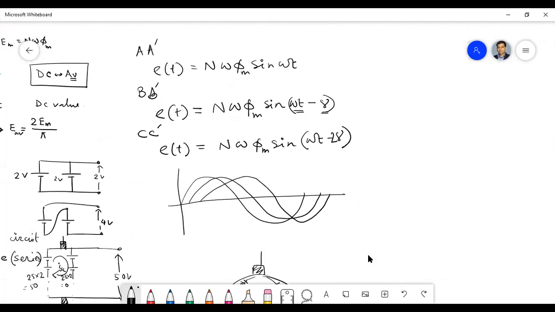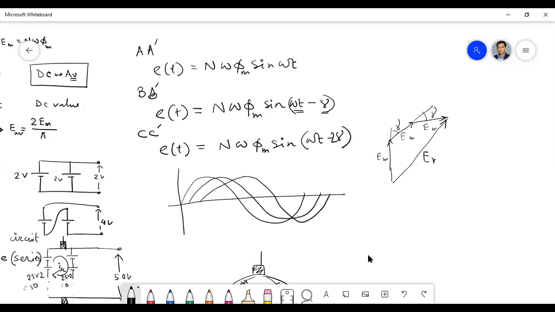Or, sir, we can use the formula sin A plus sin B, then apply another sine formula. That will be a little bit complicated. If I take the help of the phasor diagram, as they are all sinusoidal with some phase difference, we can take that here we have some gamma angle, here we have some gamma angle, and these are all the maximum values. So suppose this is Em, this is Em, this is Em. Like this, we can add these three sinusoids. And this is the resultant value.